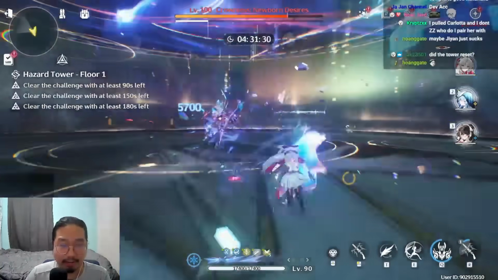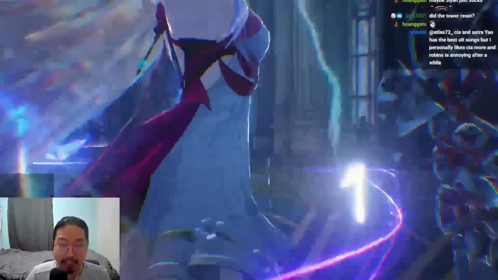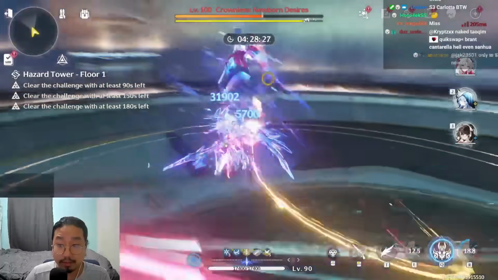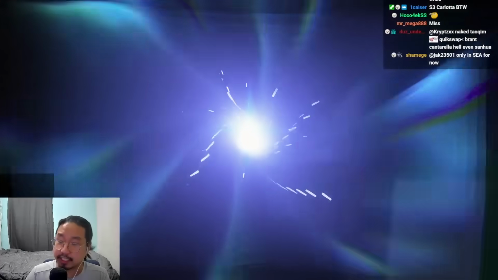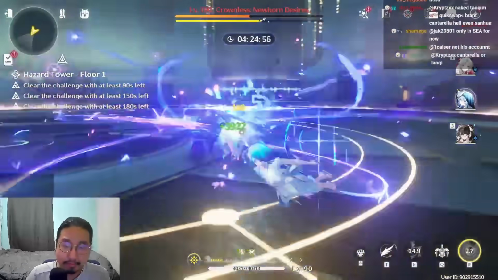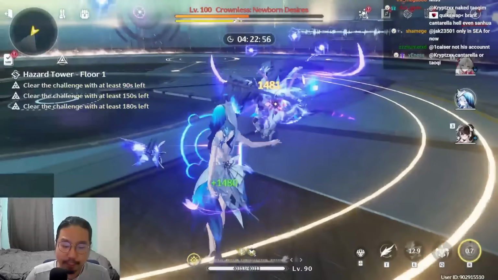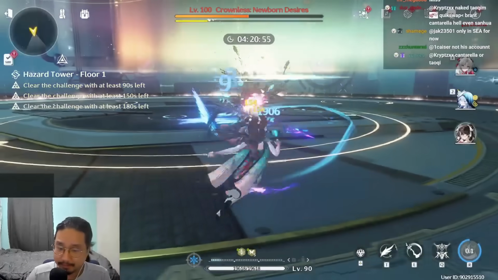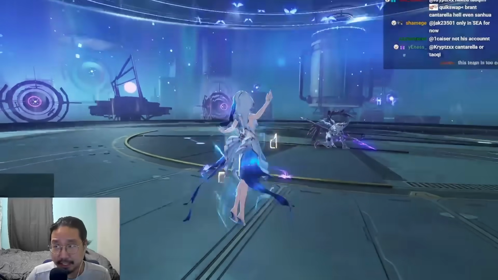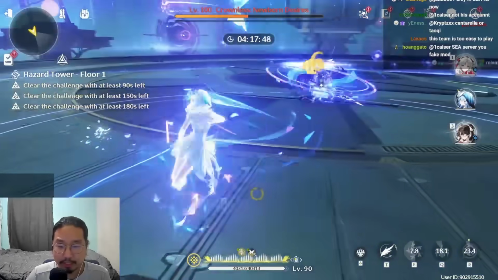We're missing like every crit, but those shots are doing a lot of damage. This is an S0 Carlotta. So, yeah, we're doing about 50% of its HP in one rotation. Which is like, I mean...